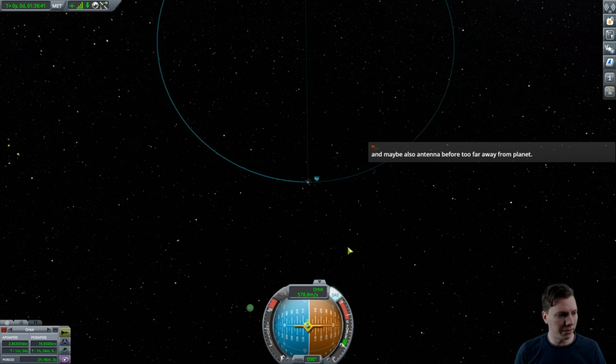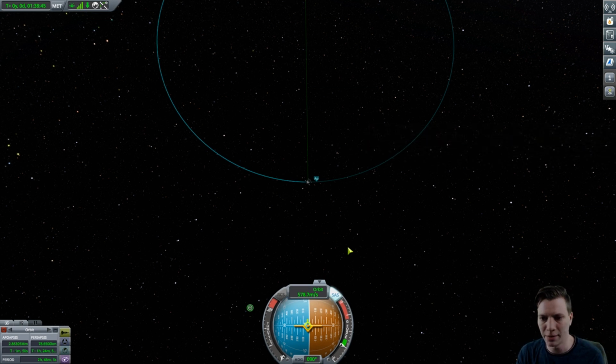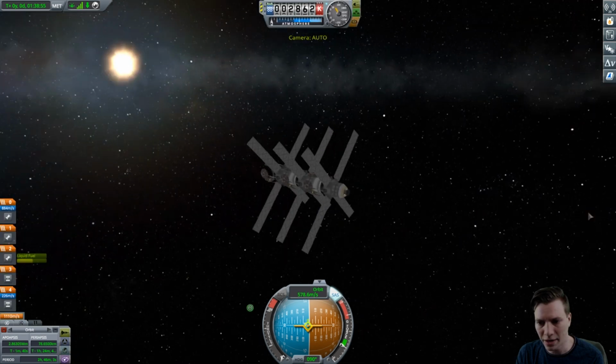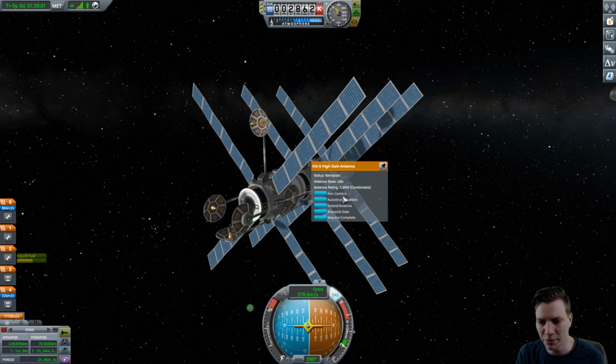And then we should be good. Deploy the antenna before we're too far away. We should be fine. Yeah, we got perfect signal from here with just the probe core. I mean, no harm in doing that though. Extend antenna. This is gonna be the first one out,